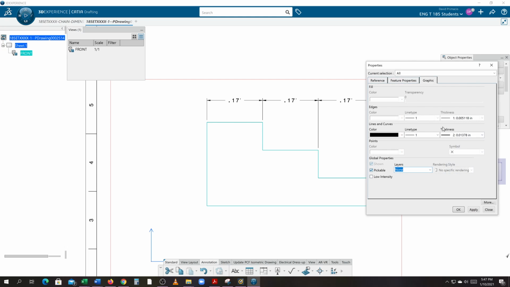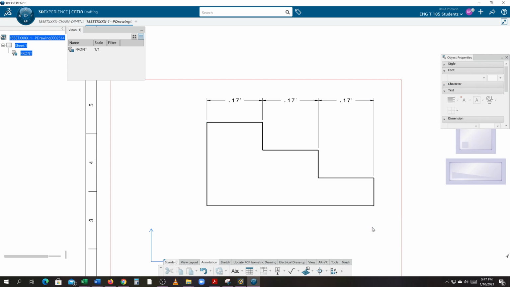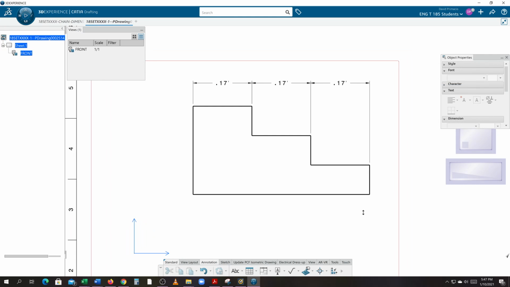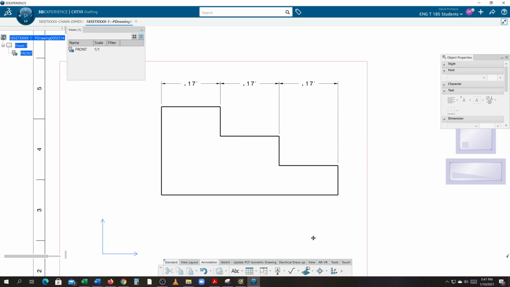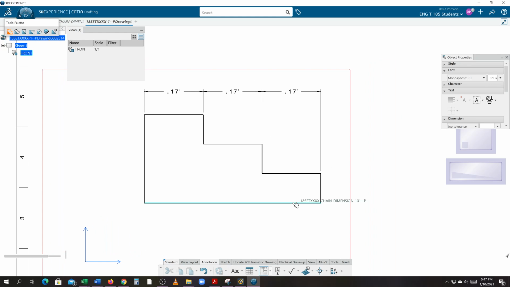We'll change the graphics to something thicker like a 5. Apply. Okay. And hopefully you'll be able to see it better as well. So I've got my chain dimension here, and we're going to do a chain again from here all the way to the top and grab the ones in between. Oh, you sucker. See, it doesn't think I grabbed that line because I guess I wasn't being careful enough. I'm going to start with my datum and go to the top, grab the lines in between,